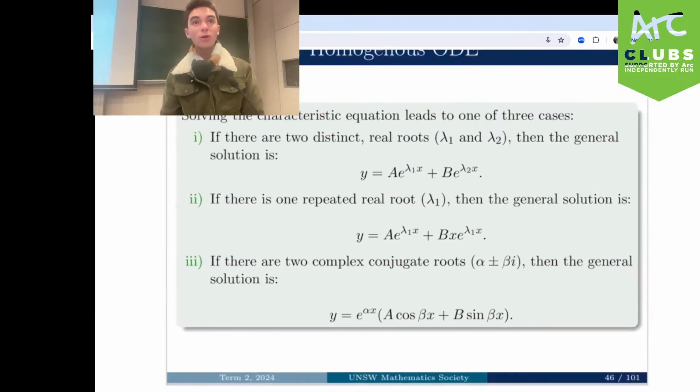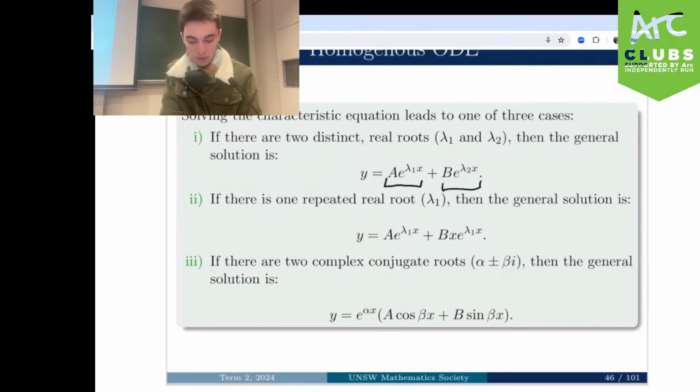So as you know, quadratic equations can have one solution or two solutions or no solutions, right? No real solutions, that is. And our general solution is going to look different depending on what case is occurring, right? If the two roots are distinct and real, okay, then the general solution is going to be just the sum